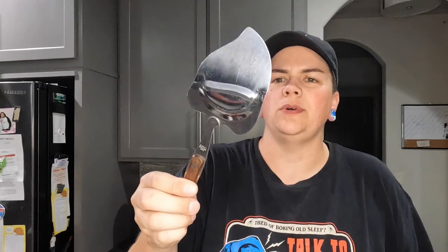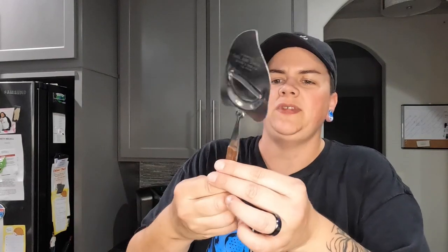Up next is a pretty cool item, I think. This is a cheese slicer. I think you would cut hard cheeses with this little scraper blade here. It is vintage, made in Japan. It has an advertisement on it,